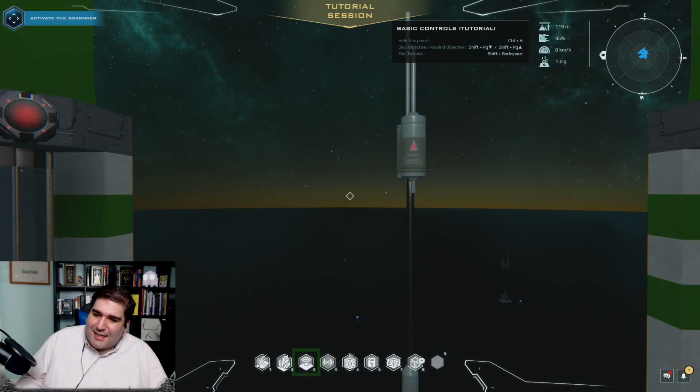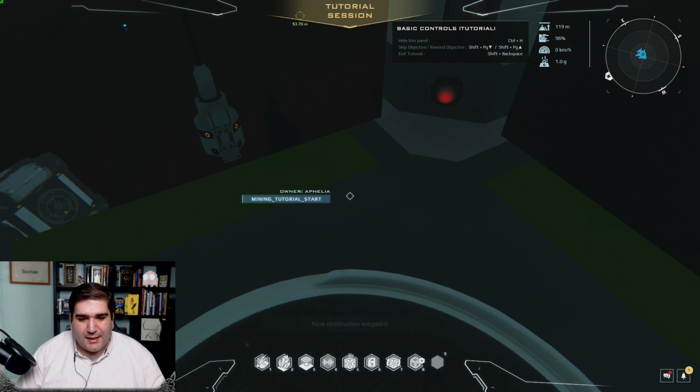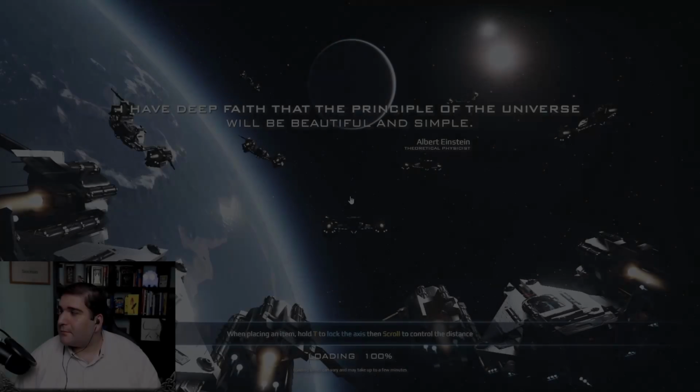So you have to exit out to the basic mining tutorial and come back in a number of times. Again, I think we can just spam shift plus page down. Good luck using your newfound mining skills. And out we go. Don't forget that...